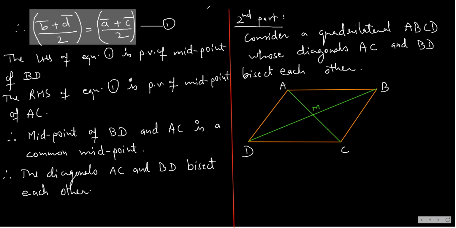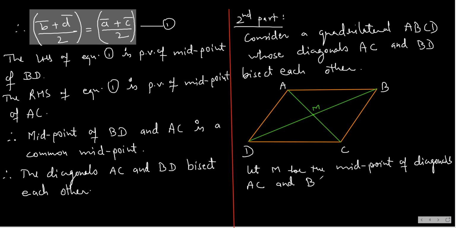So I will write: let M be the midpoint of diagonals AC and BD. Therefore, by midpoint formula,